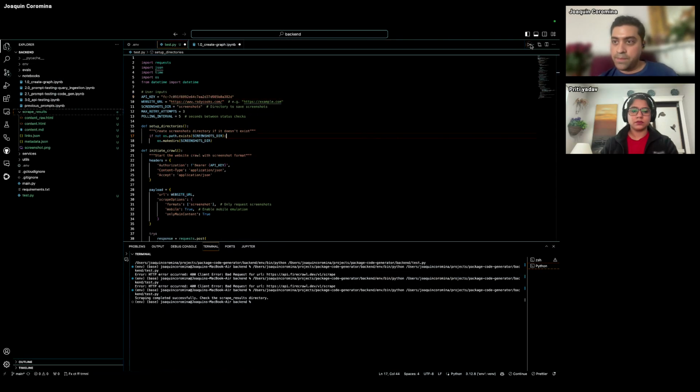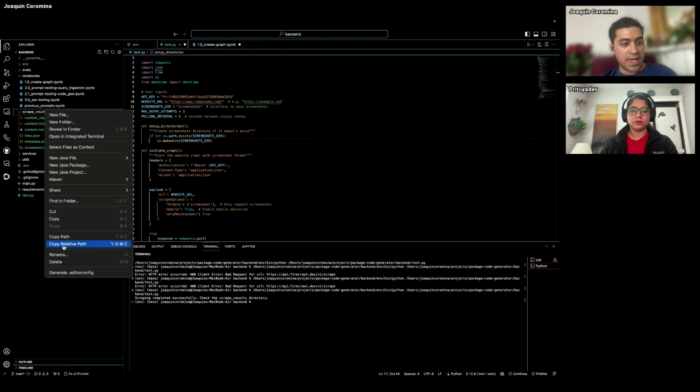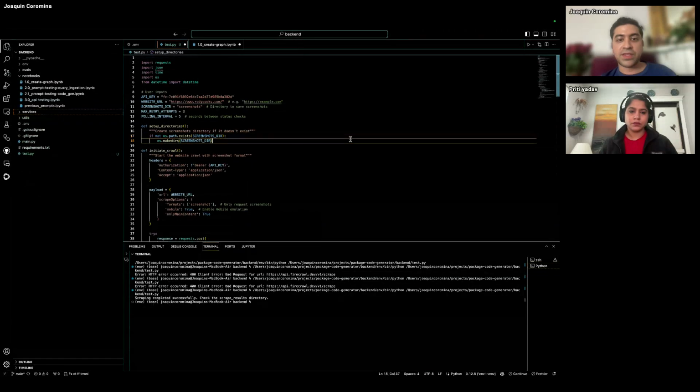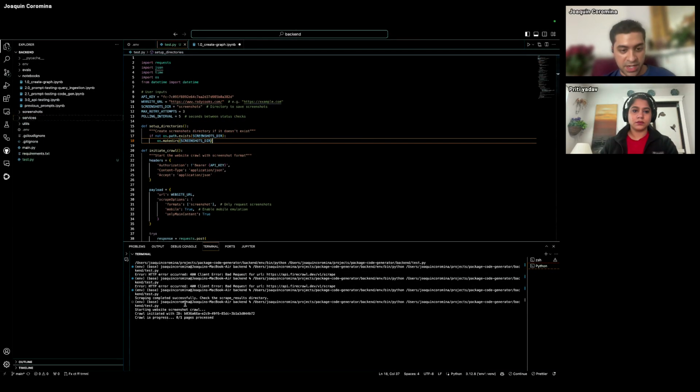Okay, and then if this works, it's going to output a folder that has the results. So it's running. Okay, it seems to be working. Okay, so it got 5 out of 11 pages so far.